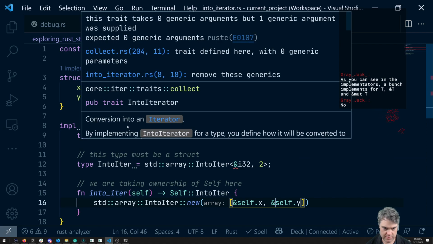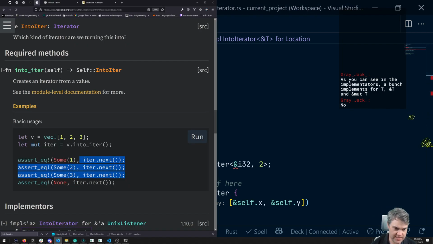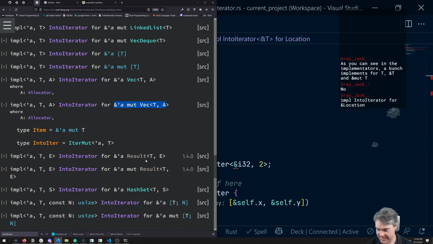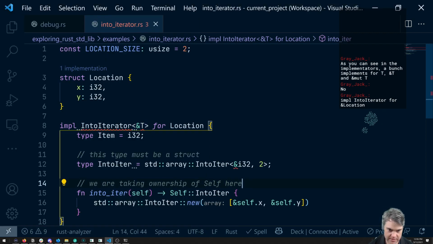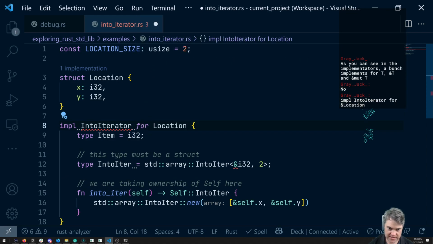No, it's not there. Where do I put it? Oh yeah, in the implementations we can see it there. So we can see, impl for, that's it. That's how I do it. So like for a reference to Location,